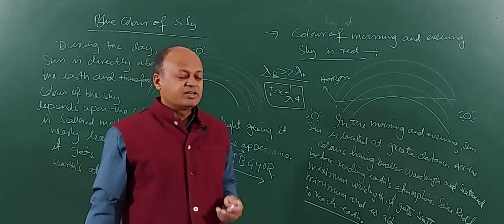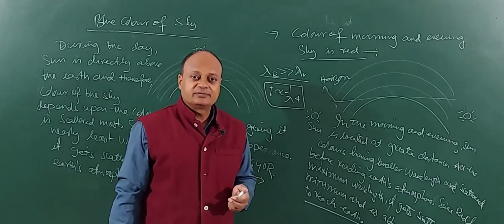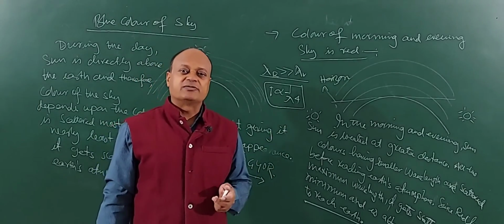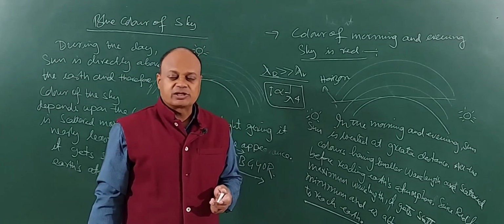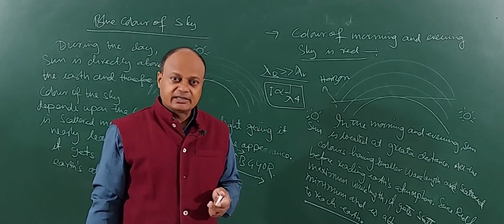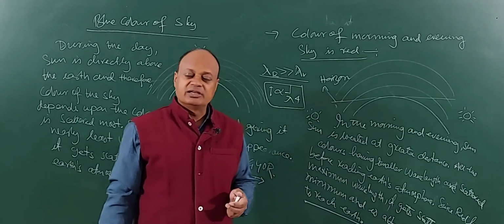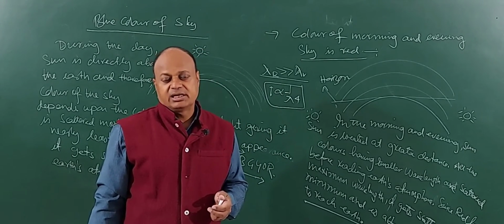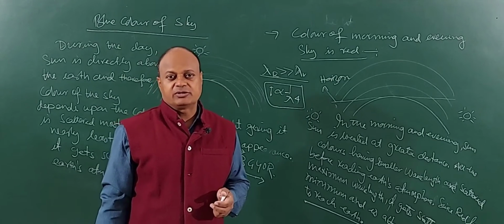So, children, we understood what atmospheric scattering is and on what factors it depends, and we also saw the case for the blue sky and the red sky. Once you have understood this, then we will understand what a simple microscope is, right? And then we will go for the application. Okay, let's start.